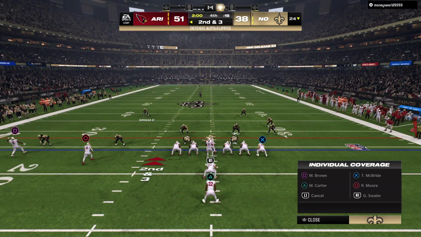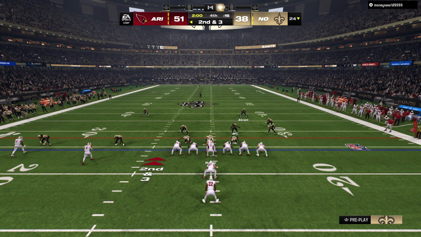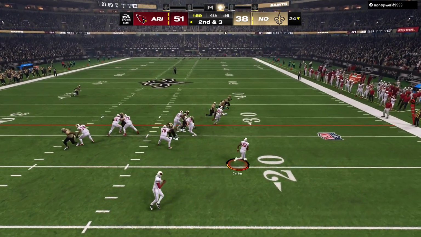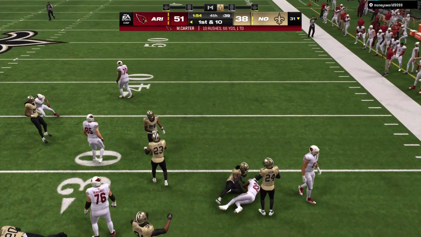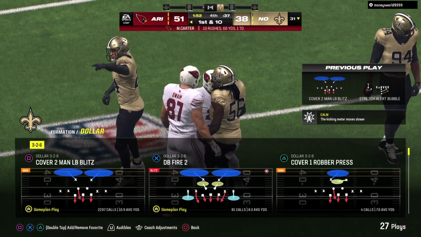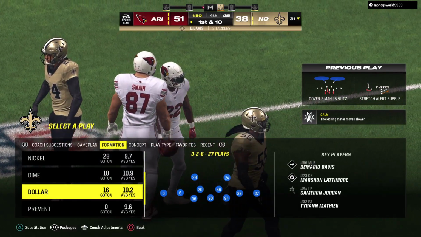From the 24 now, here's 2nd and 3. Another run on 2nd down, trying to cover up. And they'll take him down at the 31-yard line. 66 yards rushing for him now on what was